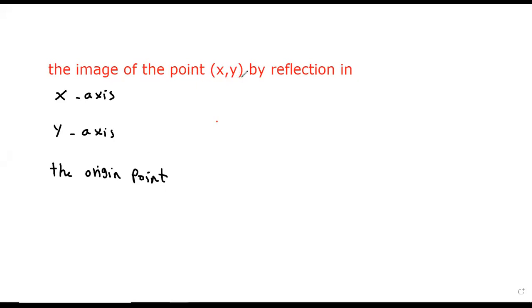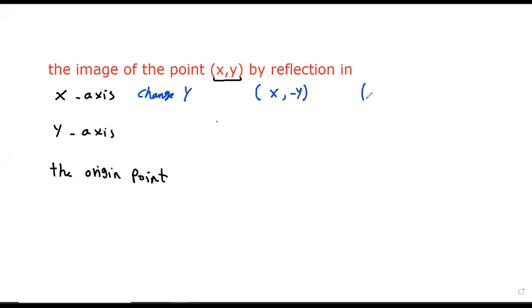The point is x and y. The image of the point x and y by reflection in the x-axis: the reflection in the x-axis just changes y. Change the sign of y, so it will be